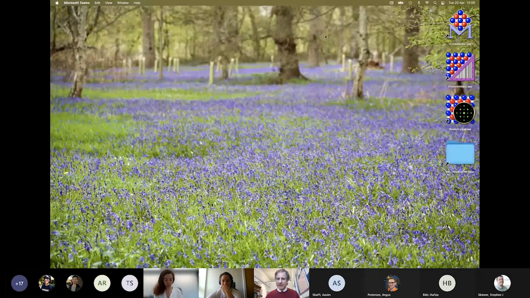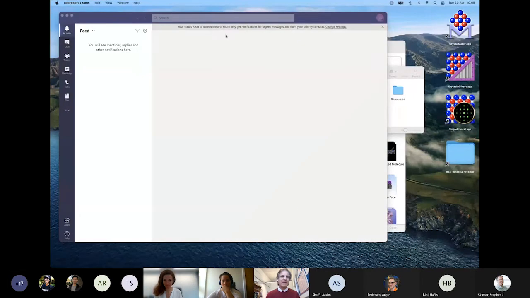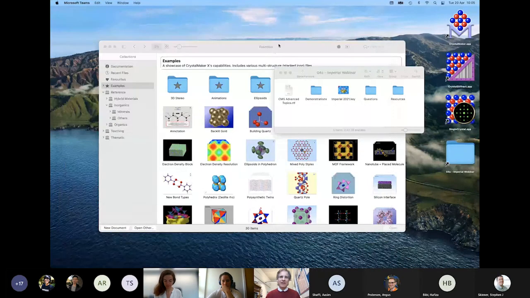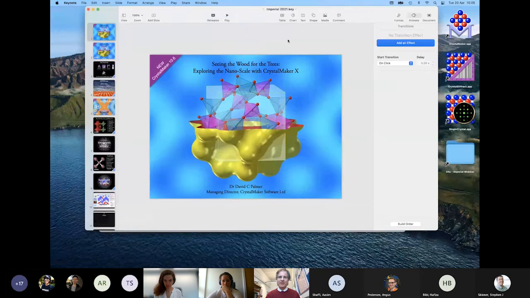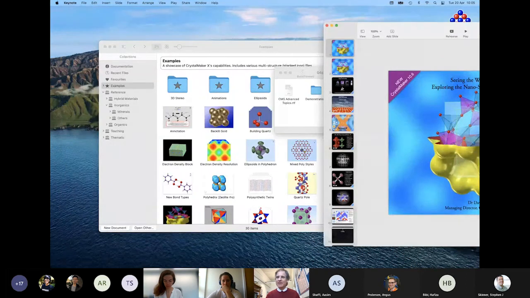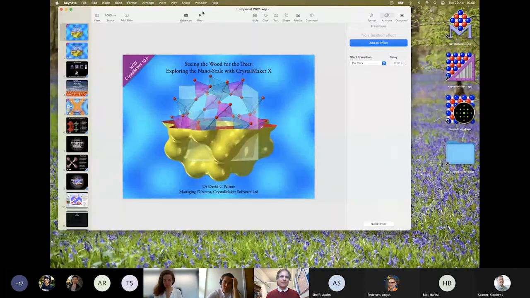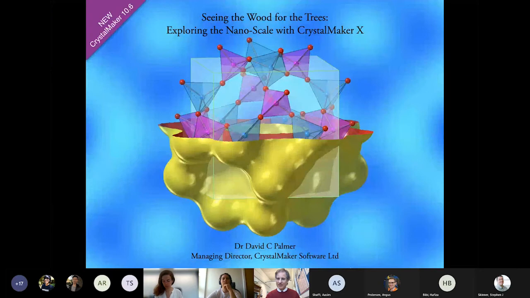And hopefully you can all now see some flowers, which is my desktop. And I'm just going to bring up a little presentation. Let's see if that's working. Okay, so